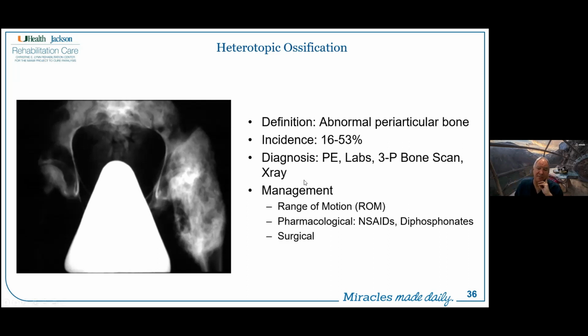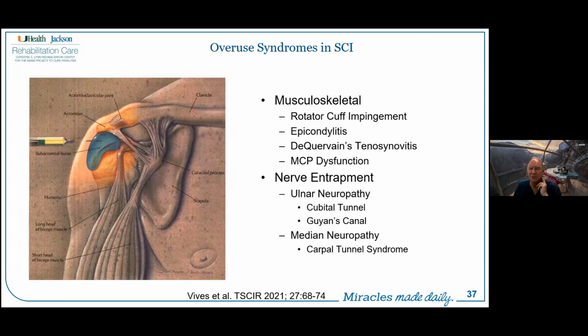Chronic heterotopic ossification can be managed surgically. However, it's a very, very bloody surgery, not just in England, but in America as well. Not just a bloody surgery, but it's also a high risk for infection. Up to 25% are the numbers that I've seen recently. So it's not something you approach lightly. And if the person has HO, but it doesn't limit function, then oftentimes we won't try to intervene with surgical management.